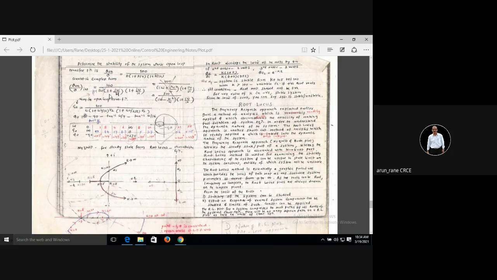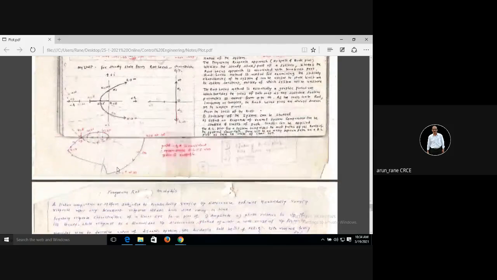Phi is what now? Here what will come? Omega upon 0, so tan inverse of infinity, 90. This is your tan inverse of omega by 4, imaginary part divided by 1. So tan inverse of omega by 4, and this is tan inverse of omega by 6. Correct? This is the real time activity. Now you go on substituting the values of omega, so you will get the different values of phi and the different values of g. So you plot, and you will get a graph like this.